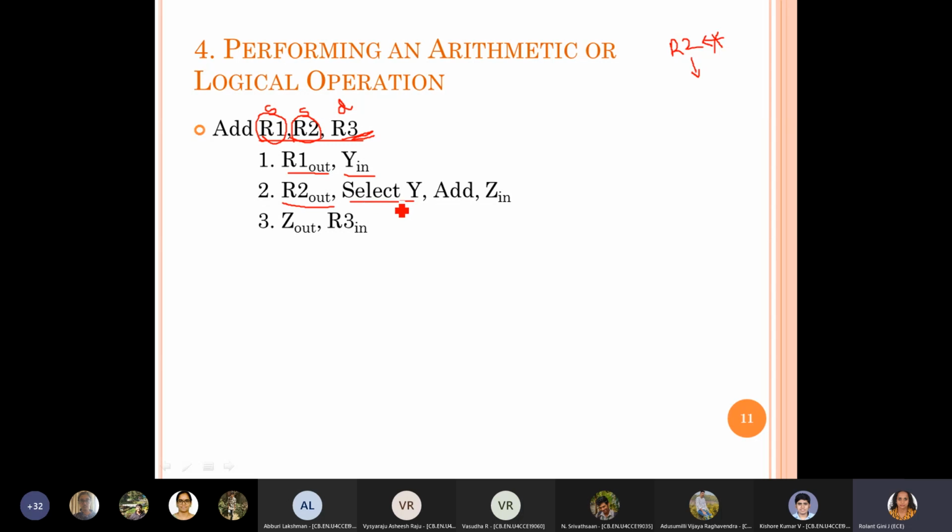So here we have to select Y, because the R1 data is there in Y register and R2 data is given to B. Then we go for add by enabling the control signal based on the instruction we received. So for this, the control signal in the control unit will be enabled based on the instruction register value.